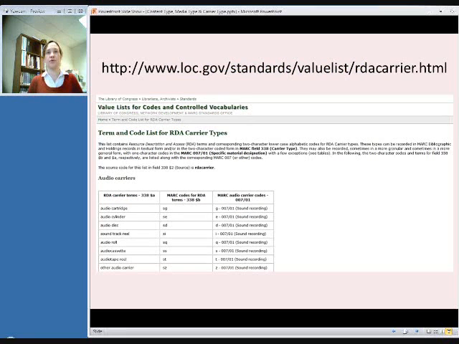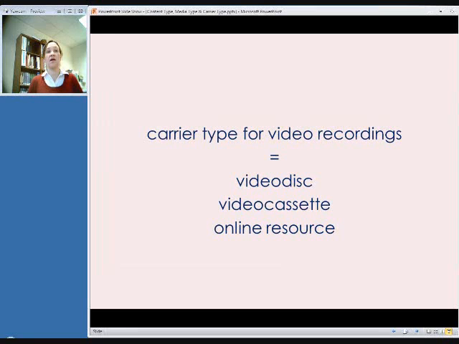And again, there is an approved list of carrier types. This is where you could see some variation between the items that we're working with in this class. Blu-rays and DVDs are video discs. Video cassette is the carrier type used for VHS tapes. And online resource is used for streaming videos.